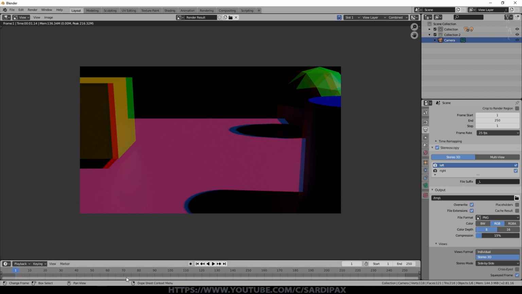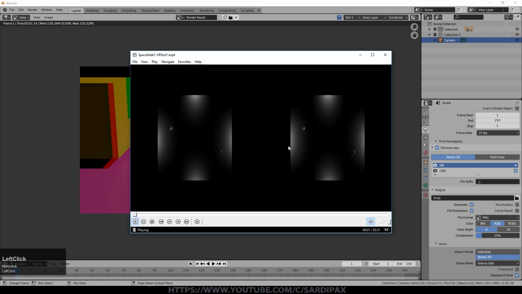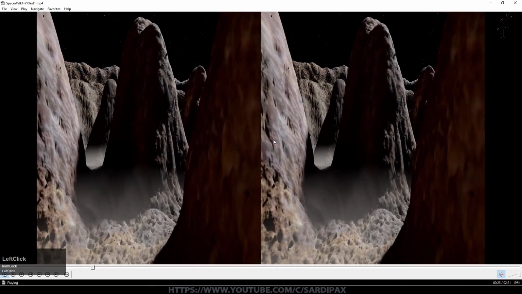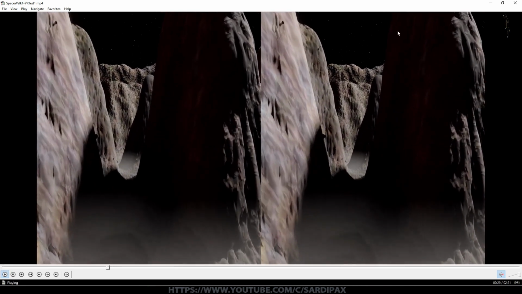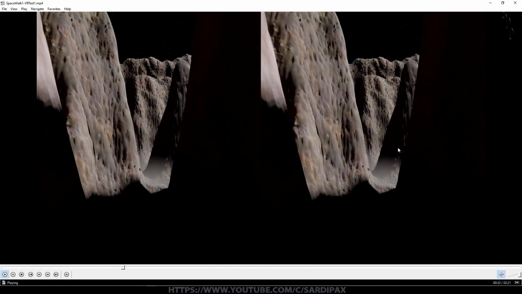So once you've done that, you'll get a video something like this. So this one has got my intro in it as well. There's no sound on this video, obviously. And then it's going to roll into the main animation. And you can see there it is side by side. If we move into the animation, you can see how that works. So it's been squeezed on the x-axis in order to fit both images in. They're 960 or so wide.